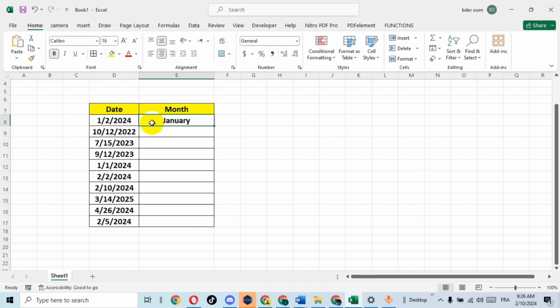As you can see, the first month is January. To apply it to the others, just double click here or just drag it. Automatically,